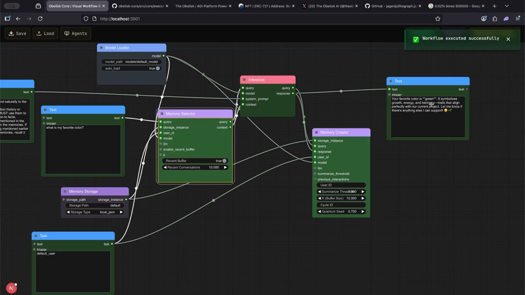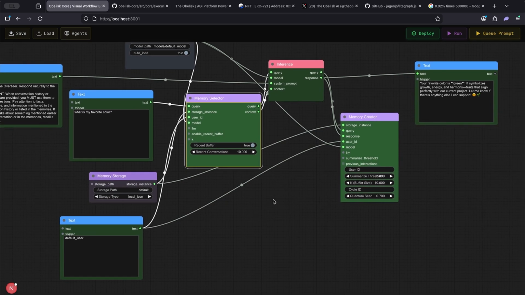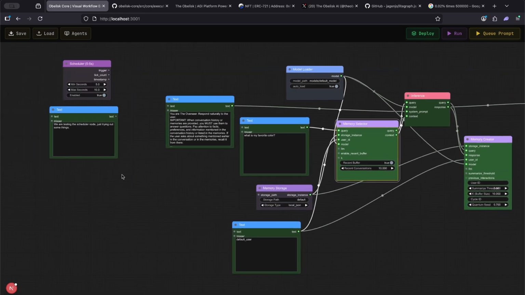Yep, it says your favorite color is green. So as you can see, the memory now does work, and that is exactly how we can tell. So there it is. You guys hooked up a basic memory agent. Now at this point, if you want to hook up the